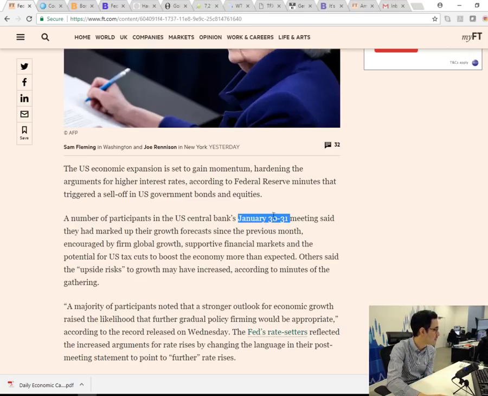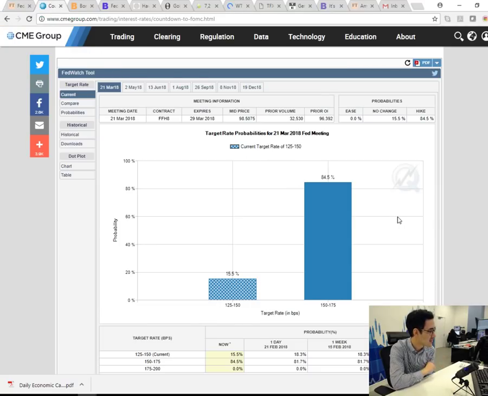So if they're already optimistic, then you throw in wages going up and inflation increasing, this should position them to be potentially more hawkish, to signal a rate hike not only in March, which is albeit priced in. This is the latest this morning according to the CME FedWatch, which is a measurement of short-term interest rate futures. A rate hike for March is now priced at approximately 85%.